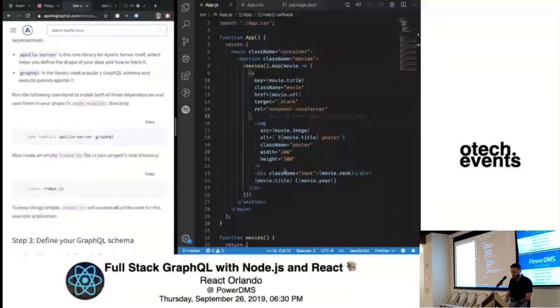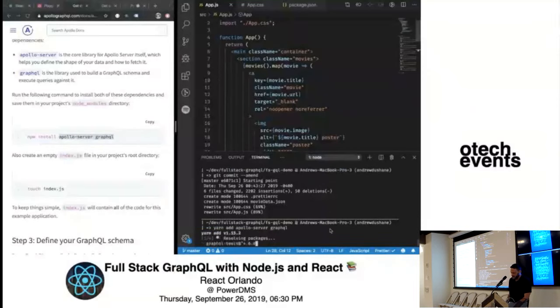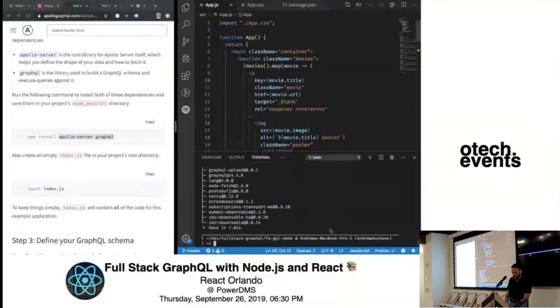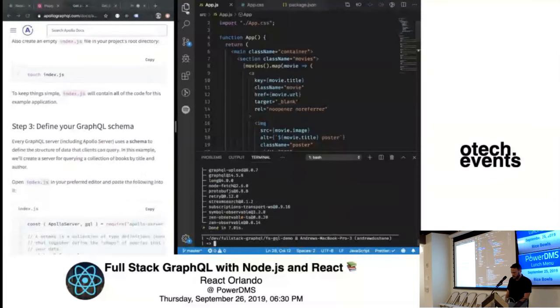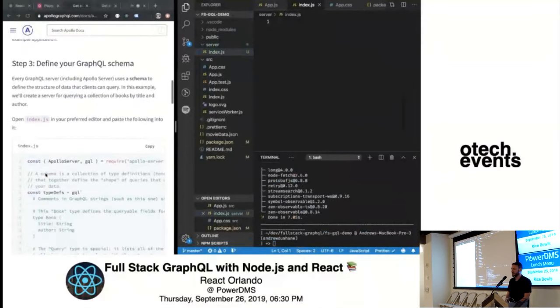Okay. The first thing we need to do is get a server going. So I'm going to install some dependencies that we need, and we will test the limits of this Wi-Fi. I need Apollo server and GraphQL. I'm going to use Yarn, which is just like NPM, but I like it better for some reason. So I'm adding Apollo server and GraphQL. These are just libraries that we'll use to create our API. And I'm going to create a file in the server folder called index.js. Cool. And then I'm going to come down here and copy and paste a bunch of code, all right? So this is a schema definition.